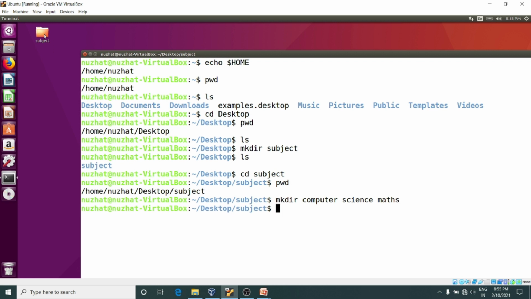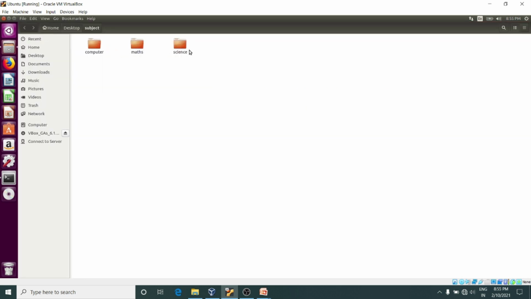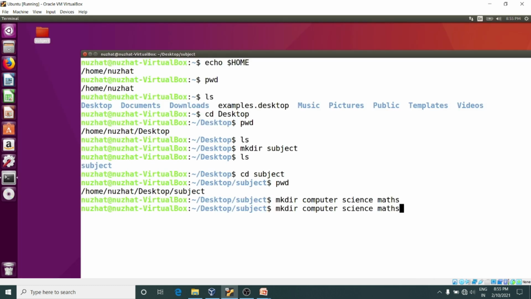Here we will check it out in the GUI. So this way we are getting 3 subdirectories inside this subject directory. Go for the ls command now. Yes. Some points to remember while using the mkdir command are, in case you wish to create a directory like mkdir